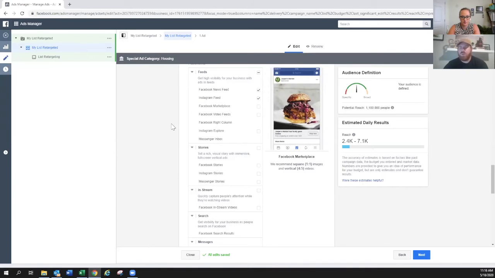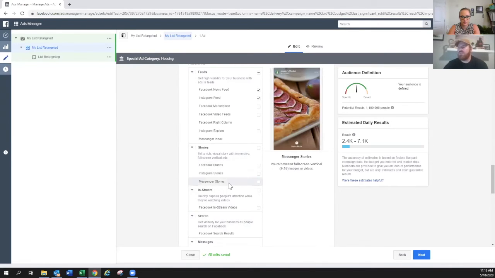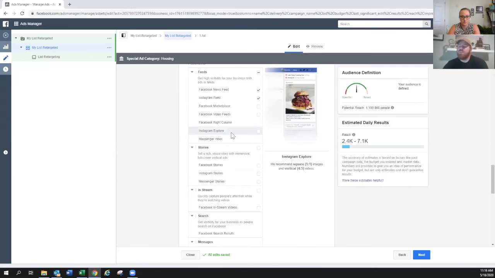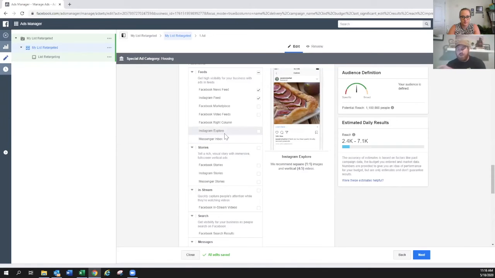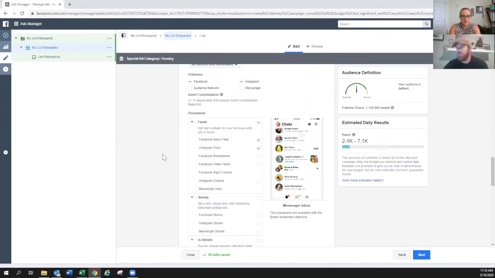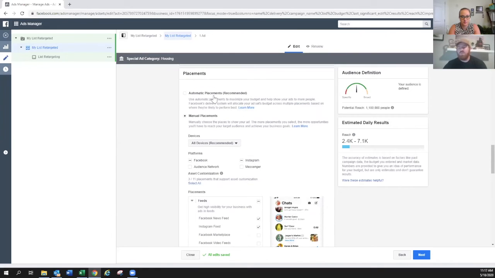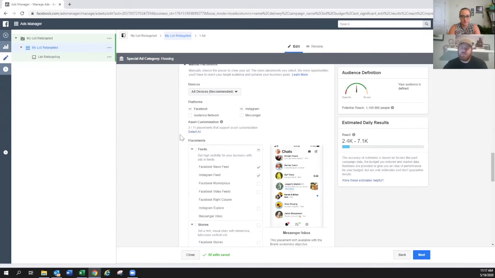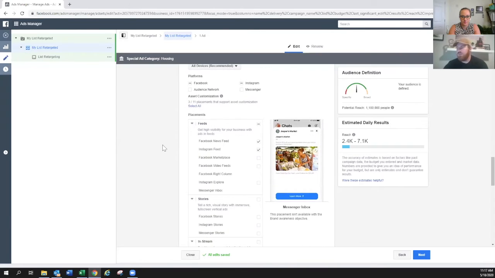That way you don't have to worry about how any of these other things look, because it can get really funky. Facebook will do really weird lettering at the bottom. I'm sure people have seen it too, where you're like, man, that ad just doesn't look good. Well, it's because they didn't format it correctly. What Facebook will tell you is that if you want to maximize your reach, do their automatic, but then they don't go into detail of how to customize it to make it look right. So my suggestion: just stick to Facebook and Instagram newsfeed. You know what it's going to look like.